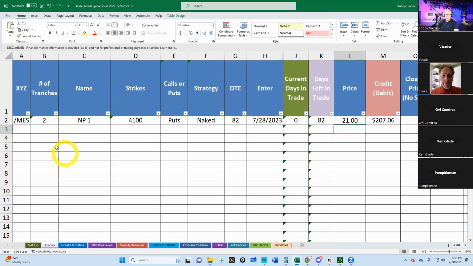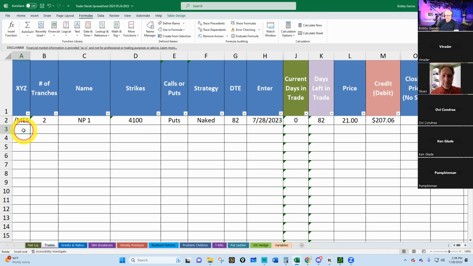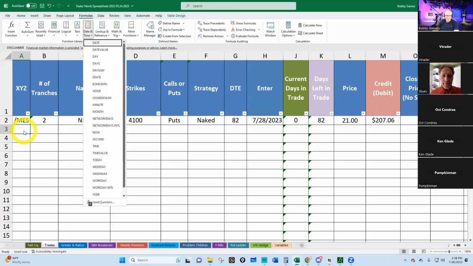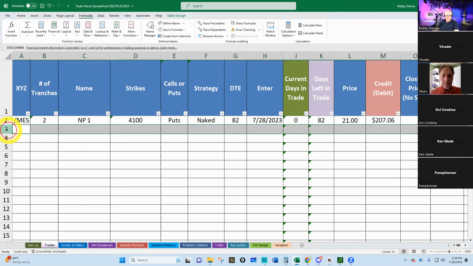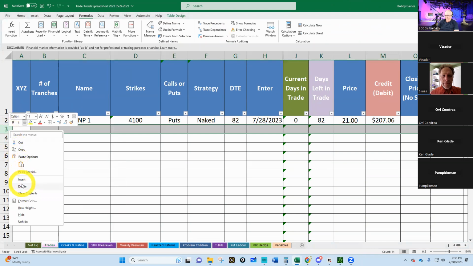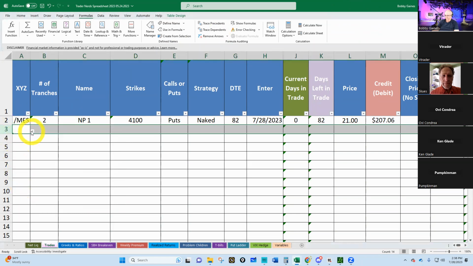All right. So you want to put in your put debit spread? How come my drop-down thing's not there? There's no drop-down thing. Anyway, I'll type it in, I guess. Uh-oh, will it not let me type in? Oh my gosh. You know what I'll do? Delete this row. See if it'll let me delete it. There we go. Now we should be able to pull it.